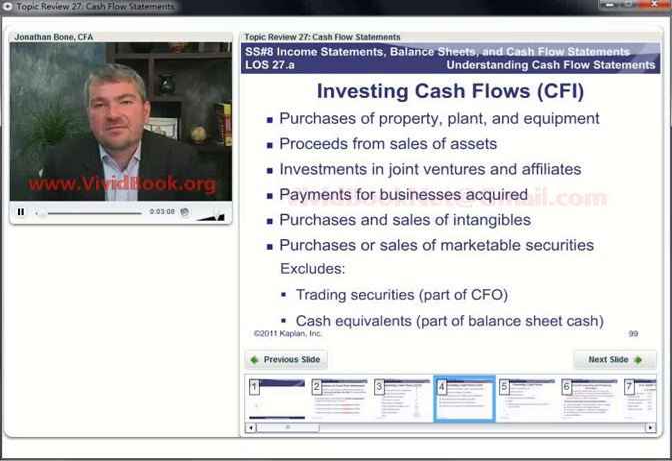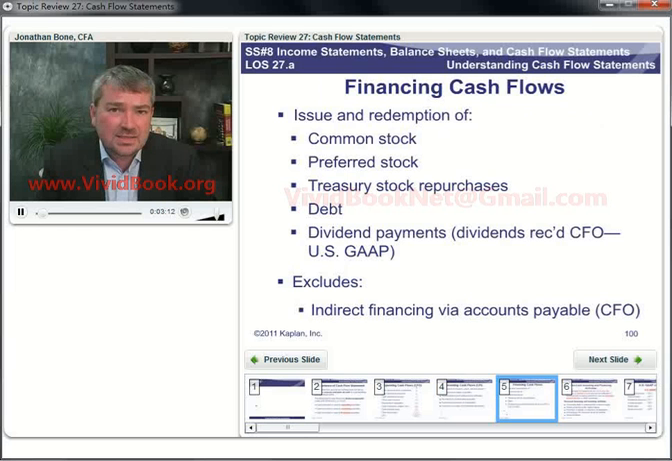Cash flow from financing is going to include any cash raised when we issue equity, so that's common stock and preferred stock, any cash spent when we redeem equity, when we buy back equity, so treasury stock, any cash raised when you issue debt, and, of course, it will include outflows representing the principal payments on debt. Remember, not interest payments under US GAAP because those go through CFO. The other one, and remember this is the oddity under US GAAP, dividend payments go through cash flow from financing